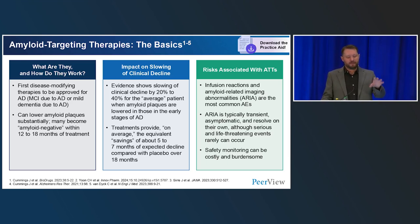The middle column, that bottom statement saying you get a saving of 5 to 7 months, that's really difficult to know for sure. I mean, these are short studies in the lifespan of an Alzheimer's patient. There are currently extension studies being done, so really excited to see long-term data. And then, of course, to Dr. Wolf's point, looking at potentially pre-symptomatic, which is also being studied right now, but beyond the scope of our lecture